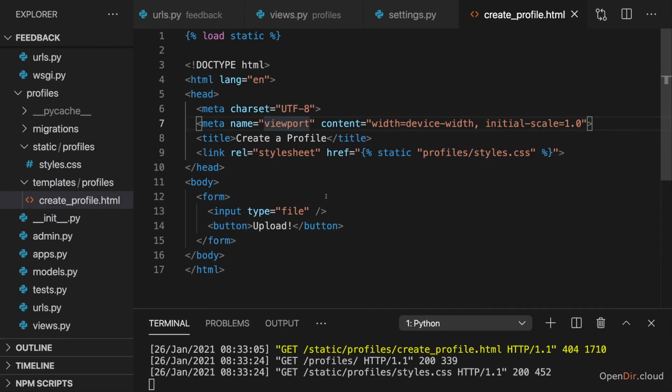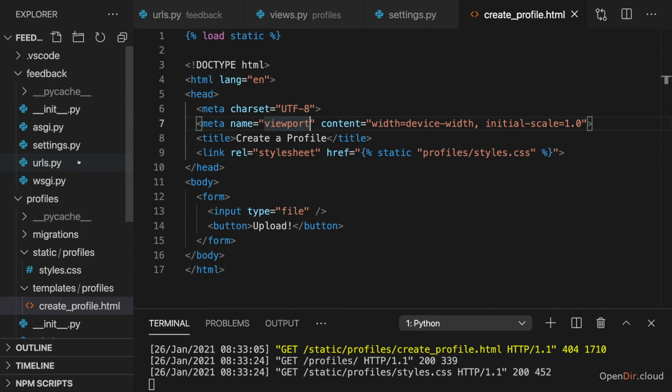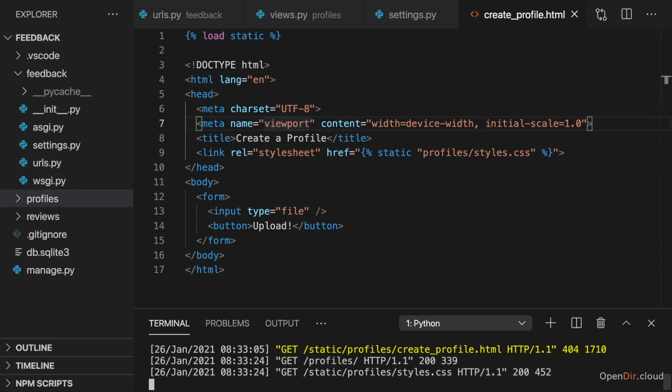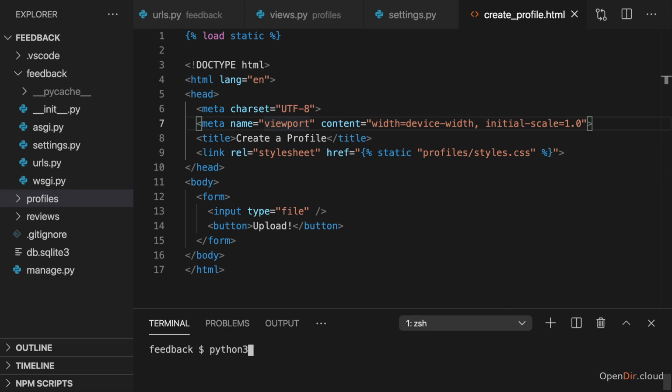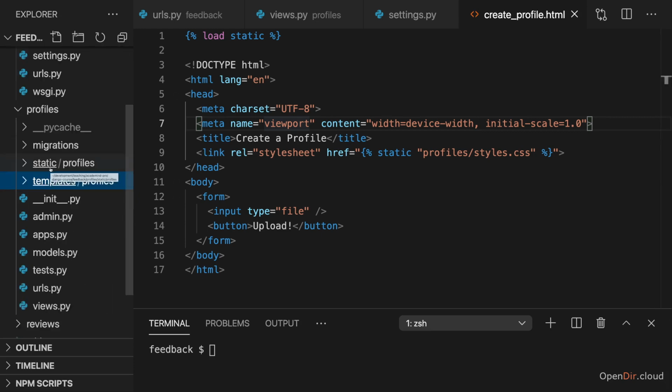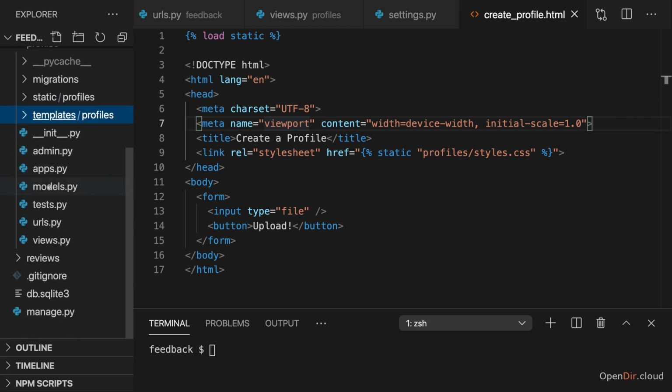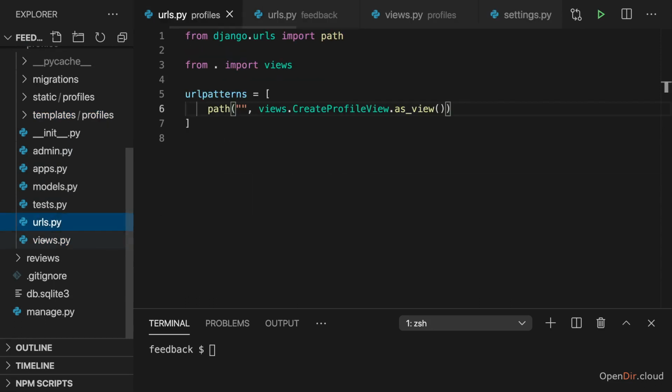Now to get started, I created some starting resources for you. I created a new profiles app, and you can do the same by running python manage.py startapp profiles. Make sure you create such an app, and then you can download my attached folder and simply paste it into your profiles folder so that you get the static, the templates folders, the views, and the urls.py files, which